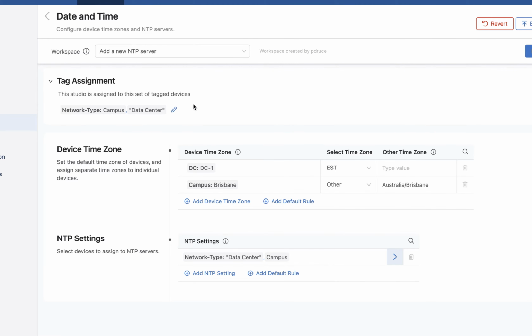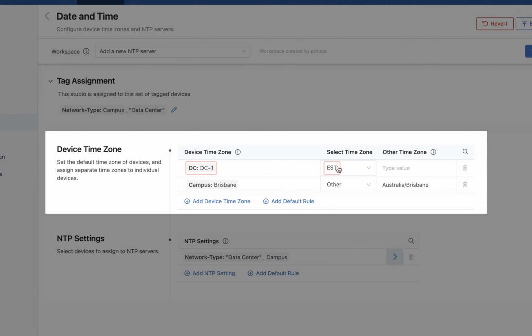This studio presents the user with inputs which configure time zone and NTP server settings. Each will leverage tags in a different way. The devices which are in DC1 have their time zone set to US Eastern Standard Time. Using a different tag, the devices in the Brisbane campus have a different time zone set for that location. I could add other time zone settings using other logical groupings of devices using tags that made the most sense